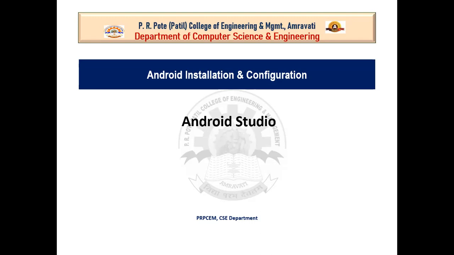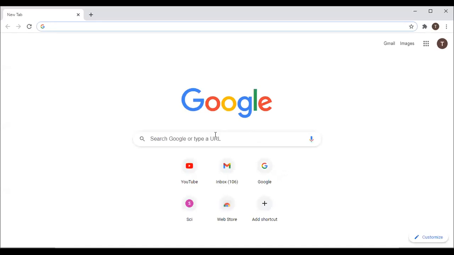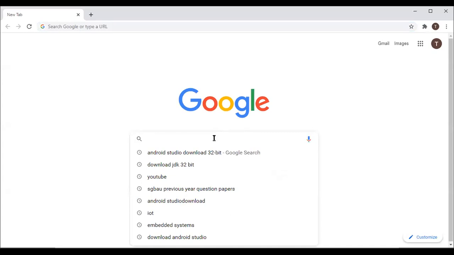So I'm going to download the Java JDK files. I'm going to search for Java downloads.